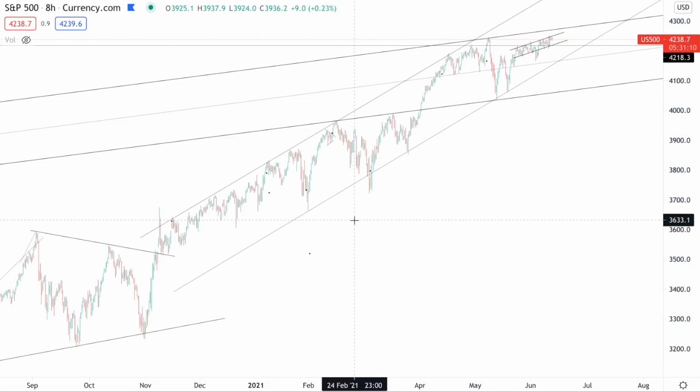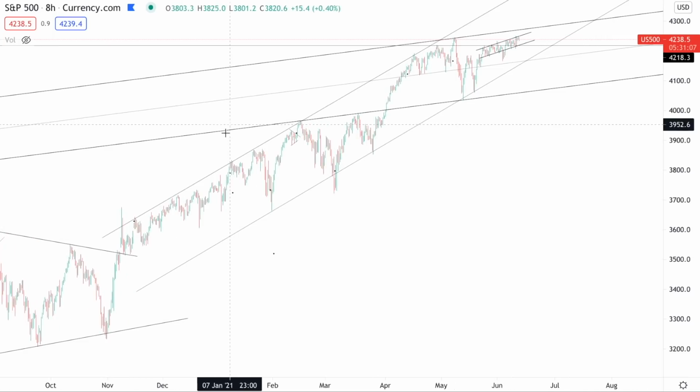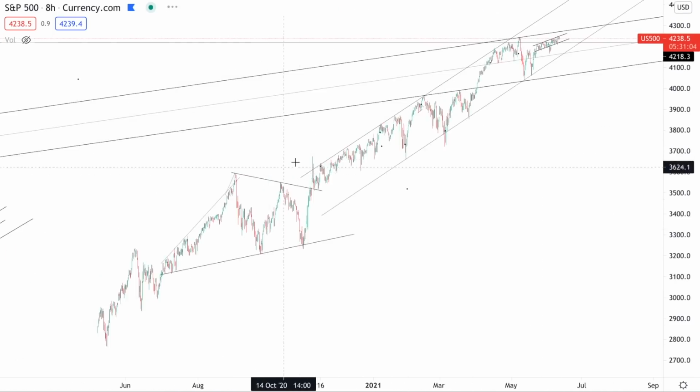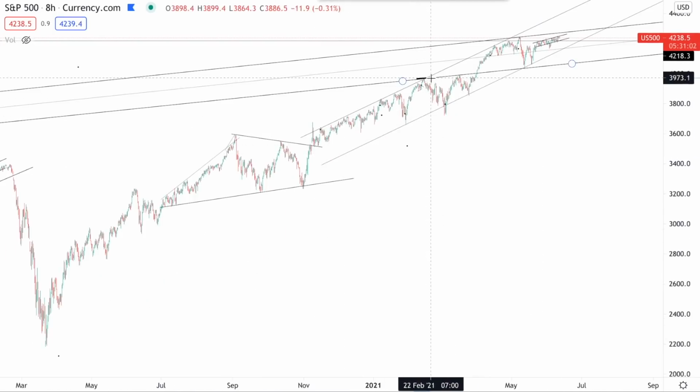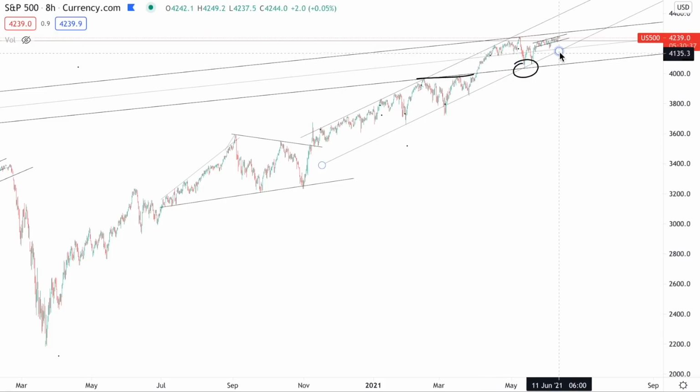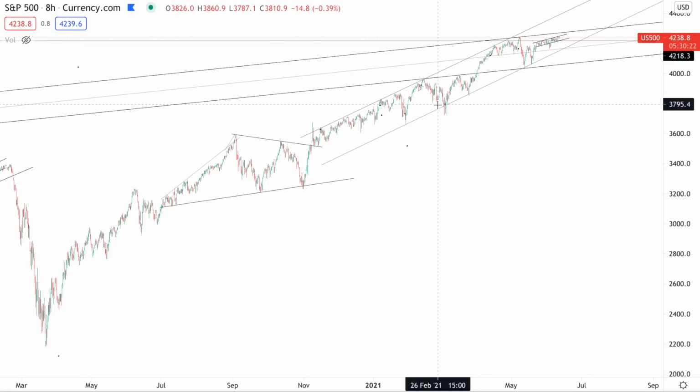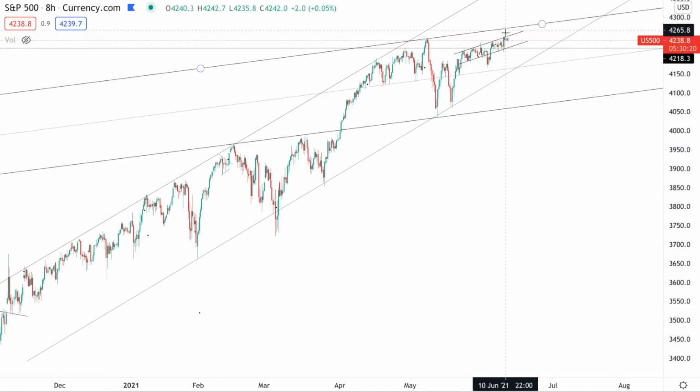This is the futures chart of the S&P 500 on the 8-hour time frame. I've got a couple of channels highlighted here. This is that same long-term level of resistance that broke out, became support. We bought the dip right here with a nice trade setup that was posted on gameoftrades.net. But if we zoom in here, let's take a look at whether this is an objective long entry for the S&P 500. And I'm going to give you a very clear answer right now. This is not an objective entry.